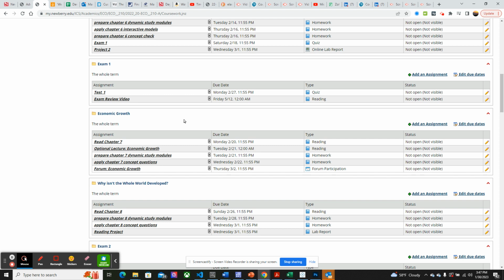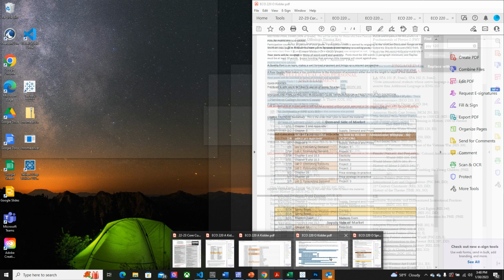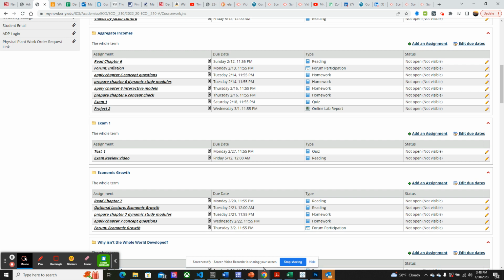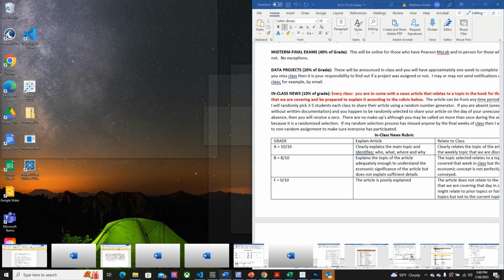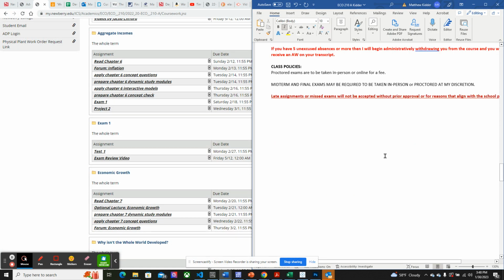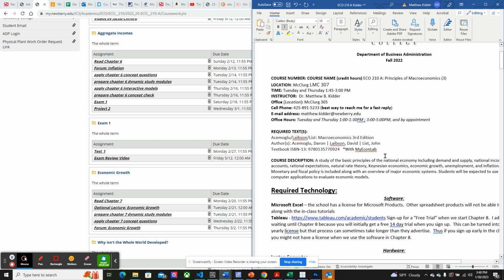I'll just leave it off and say this was a big motivation as to why I chose the book that I did. The book is written by Daron Acemoglu. He's an economist that is actually a growth economist. So let me just pull this up. Acemoglu is the text. He's a growth economist, and he has an awesome perspective about economic growth in this text. I hope you find it as interesting as I do. I think it's super cool what he's done.